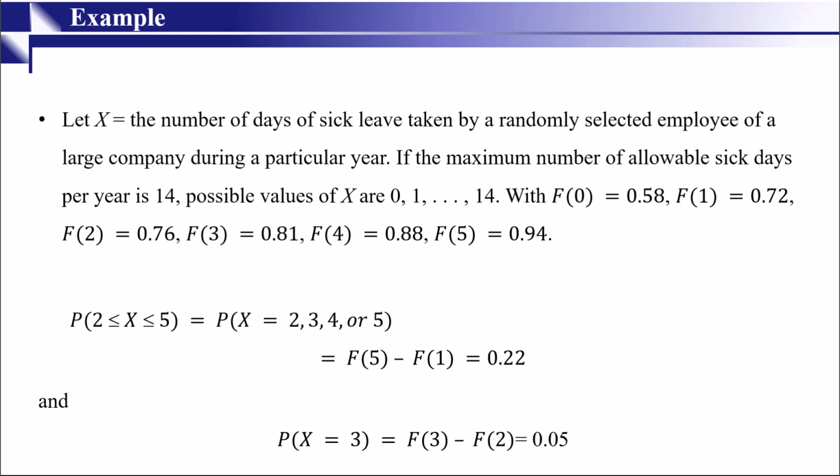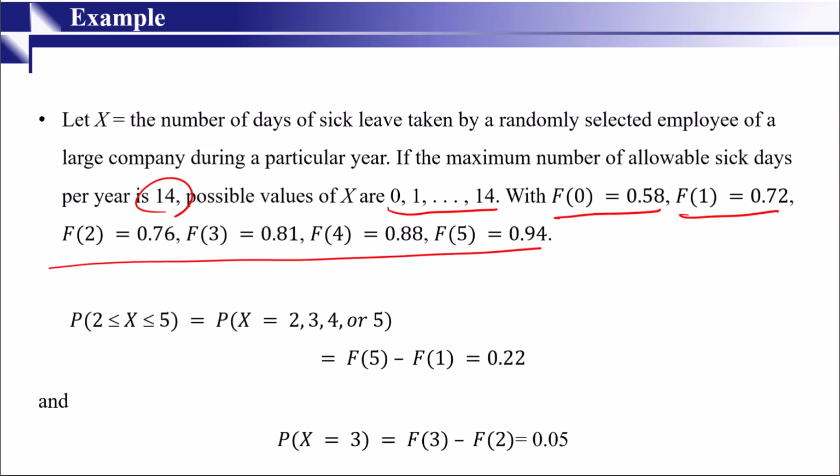Let X be the number of days of sick leave taken by a randomly selected employee of a large company during a particular year. If the maximum number of allowable sick days is 14, possible values of X are 0, 1, 2, up to 14. So with F0 equal to 0.58, F1 is 0.72, and so on to F5. For X, like sick days from 0 to 14, given F0 is equal to 0.58 and so on, then we